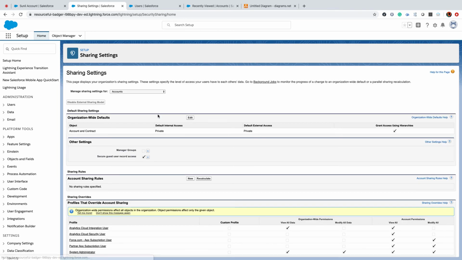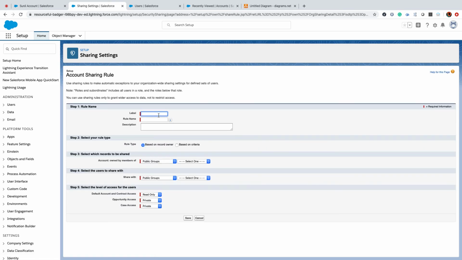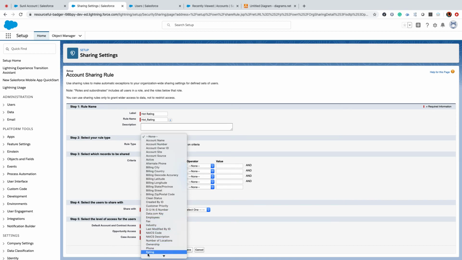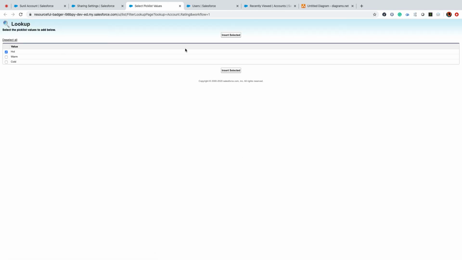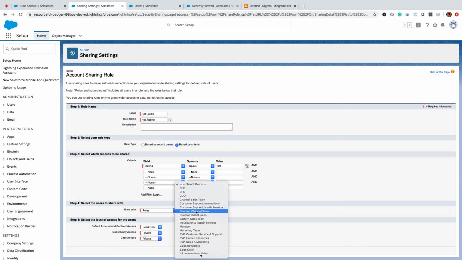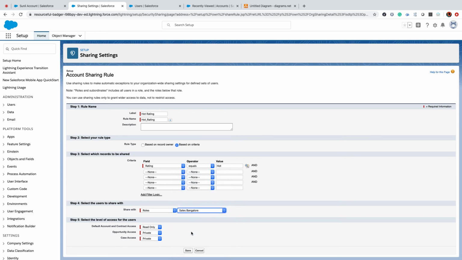So yeah, it's done. What I'm saying is, if the account rating is hot, then we need to share. Based on criteria, rating equals hot. Then I need to share with roles and subordinates. Which role have we created? Sales Delhi, roles and subordinates.